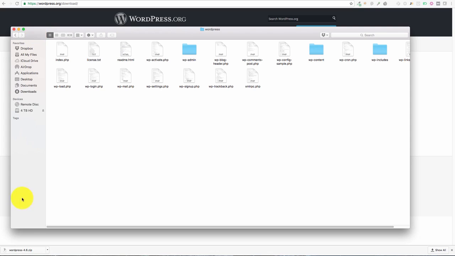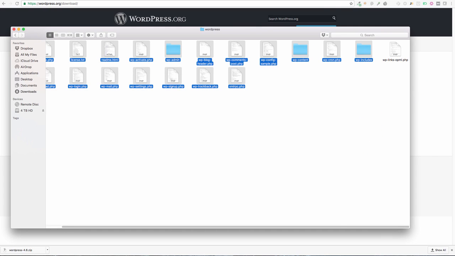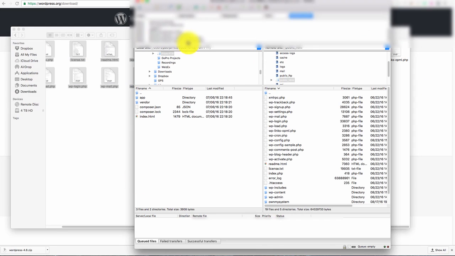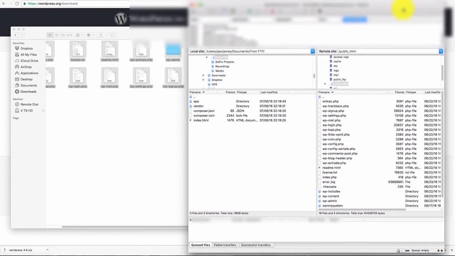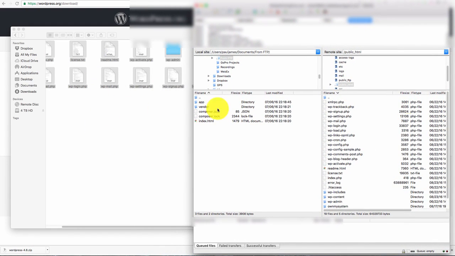What I would do is unzip that file that was given to me by the WordPress site. You can just normally double click it depending on what operating system you're on. If you're not sure how to unzip a file, just go to YouTube and type in how to unzip a file, but you just usually click on it and then you'll have all of these files in here, which are WordPress files. So literally what you do is take those files and drag them into your public-html